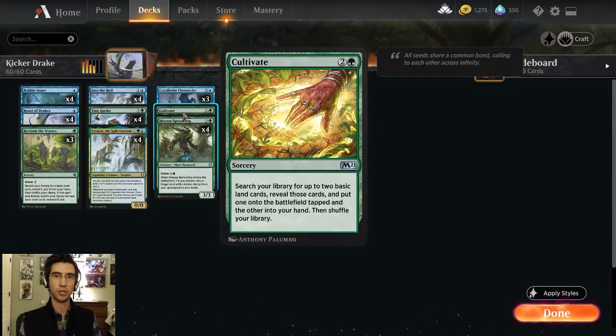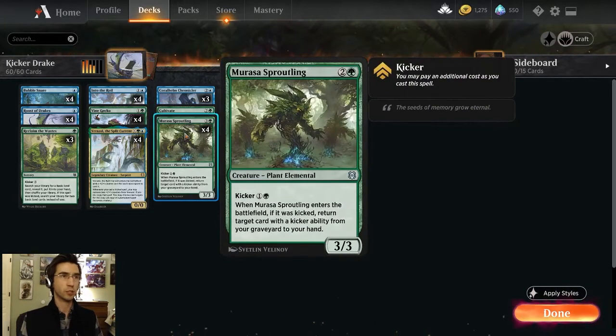Cultivate, just another card that'll help you get more land out onto the field. So you tap 3, and then you can pull 1 basic land card, put it onto the field, and then put 1 into your hand. If you haven't played a land that turn, obviously, you can also play the second land onto the field. Murasa Sproutling,